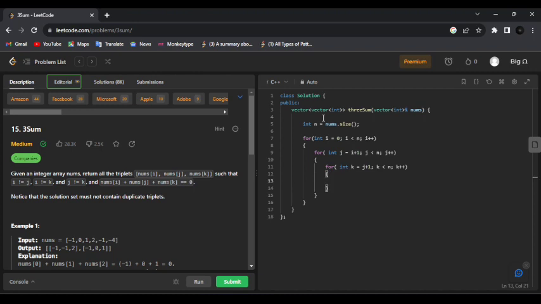And every time I pick the elements at the ith, jth and kth index from the array, I will get a triplet. So I will check if this is a valid triplet or not. If the sum of elements of this triplet is 0, then it will be a valid triplet. So I will store the elements of this triplet in a vector,